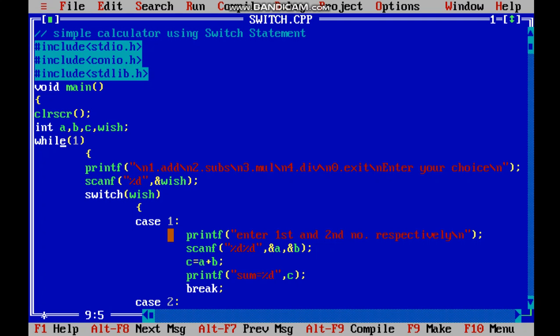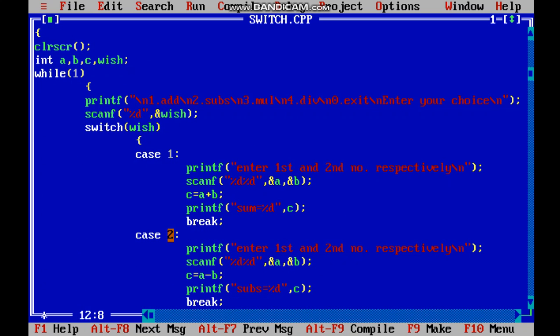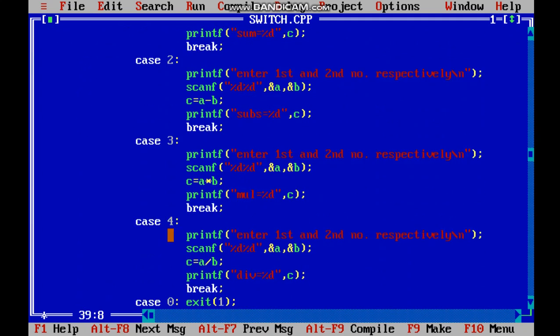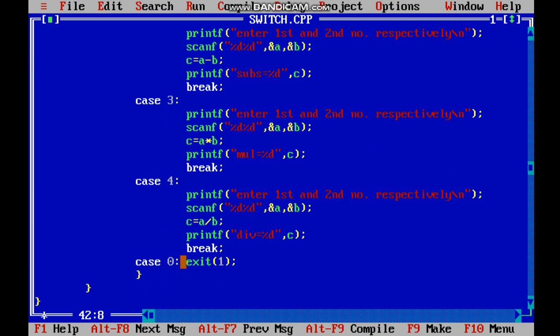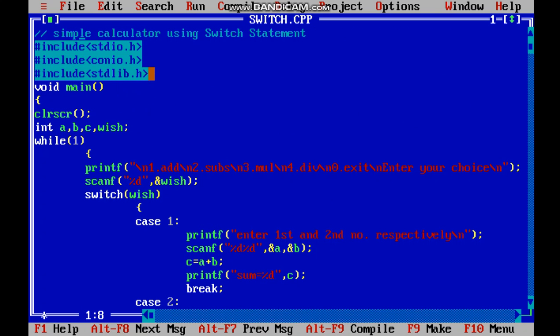This is how our while loop works. When we have 1, it means true. So it is true every time, right? We did not do anything to exit. But when we use case 0, it has the function exit, which came from this header file, in which there is a function defined to exit. So this is how, by using a switch statement, we make a calculator.